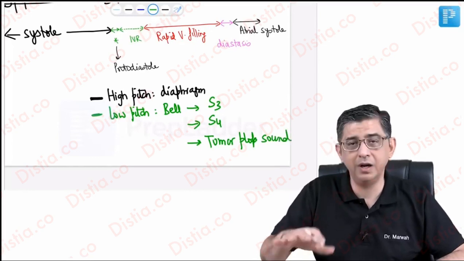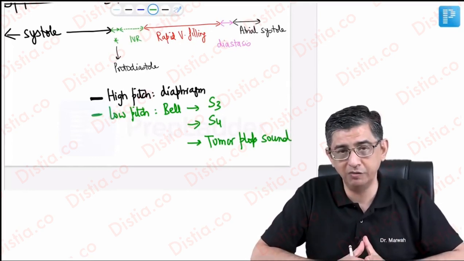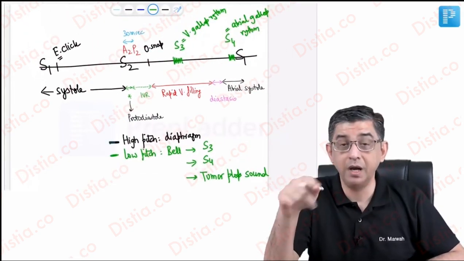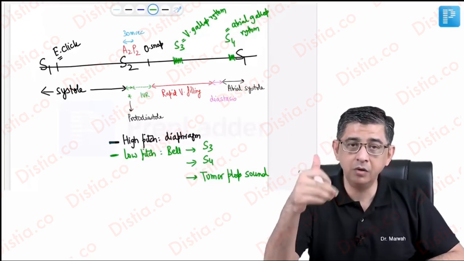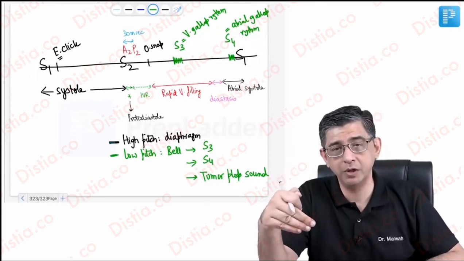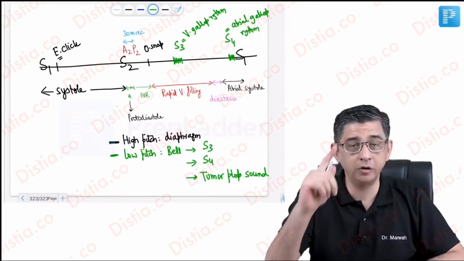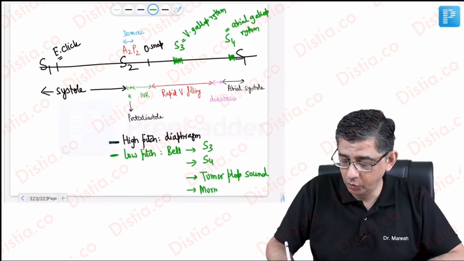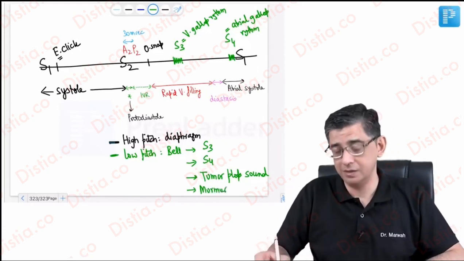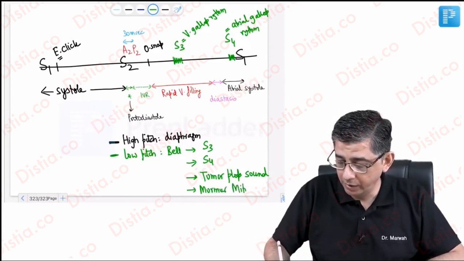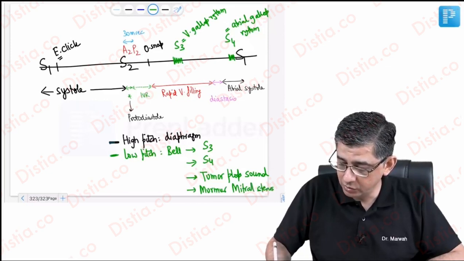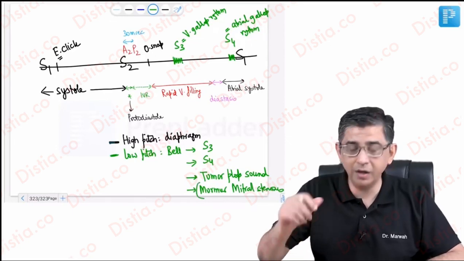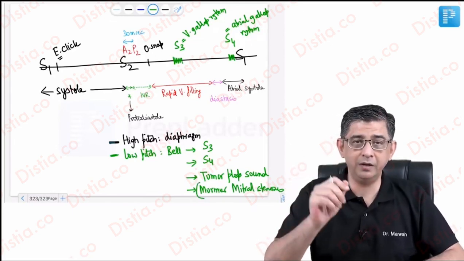But before I draw the line diagram for it, I want to sensitize you to the fact that all heart sounds will be answered by you as high pitch except three: third heart sound, fourth heart sound and tumor plop sound. Listen to my next words with a lot of care. Even the murmur of mitral stenosis is a low pitch sound. The murmur topic is discussed separately. I am writing that the murmur of mitral stenosis is also a low pitch murmur per se, but I'm putting it in brackets. Why I'm putting it in brackets is just to sensitize you to the fact that